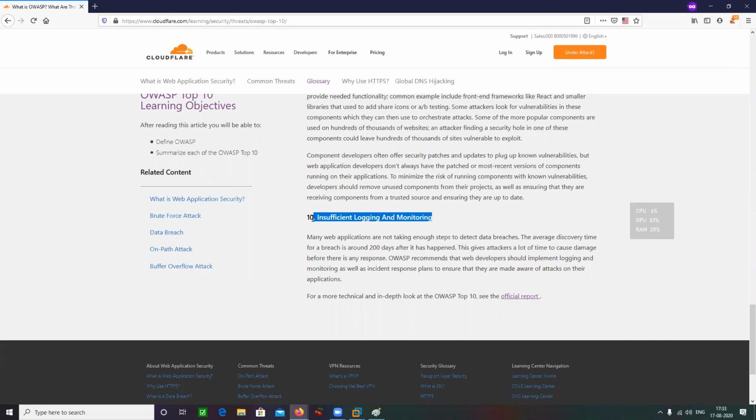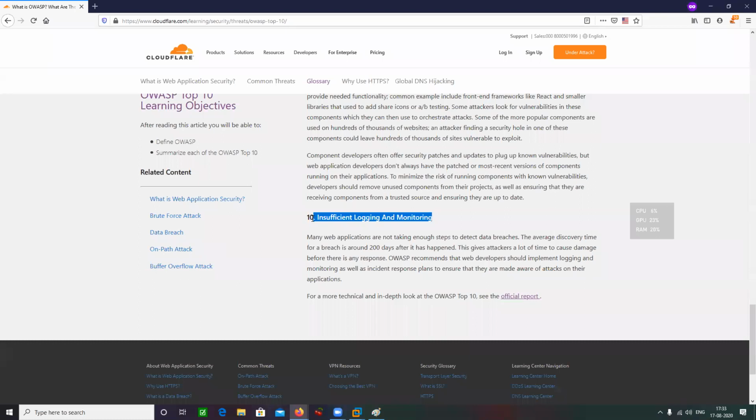That is insufficient logging. You are not creating logs of people who visited your website, who created an account on your website, and at what time. That depends upon the owner of the website, and lacks these features in that application.